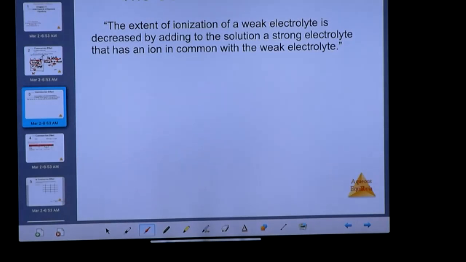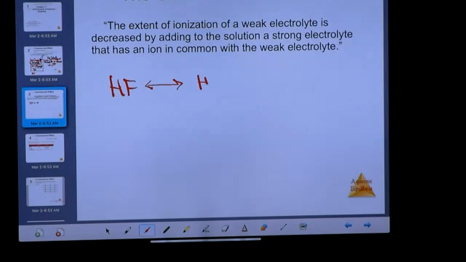Okay, so the common ion effect says that the extent of ionization of a weak electrolyte is decreased by adding to the solution a strong electrolyte that has an ion in common with the weak electrolyte. So let me write this out in words again. I'm just going to do HF because it's a lot easier to write. So if HF,